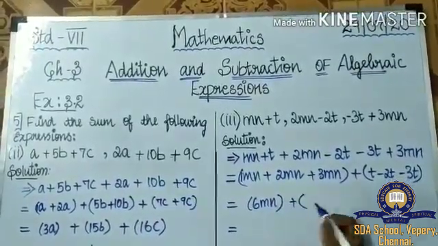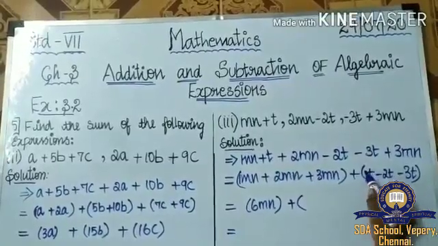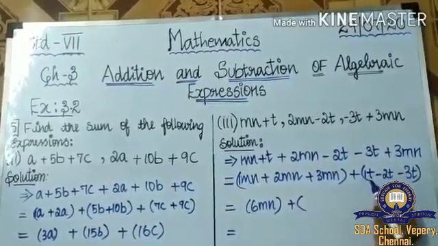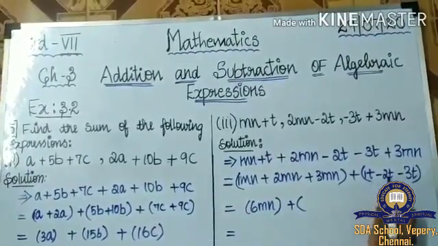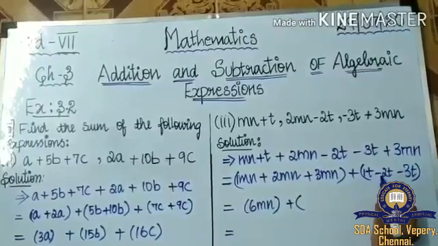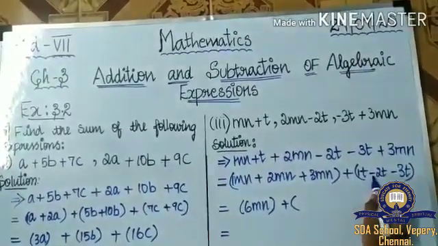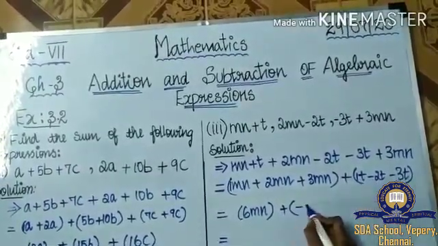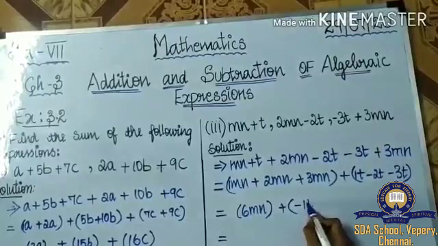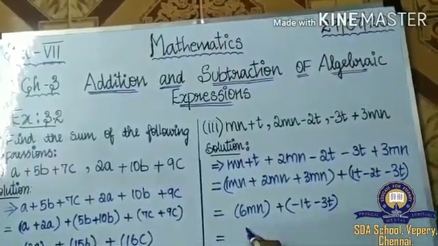And the next, see here we have a minus sign. So listen carefully. t means nothing but here we have a 1. So 1 minus 2. We will get, this is a different sign. Here we have plus, here we have minus. So subtract and put the greater number sign, right? So we will subtract 1 minus 2. We will get minus 1t. And then you put as minus 3t. Okay.